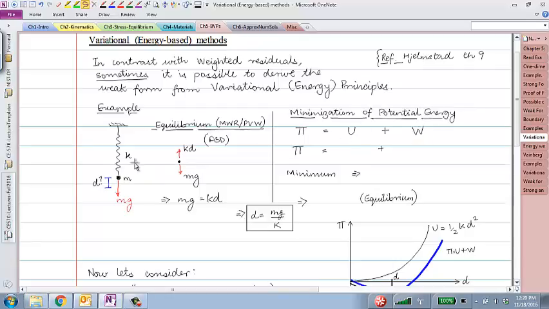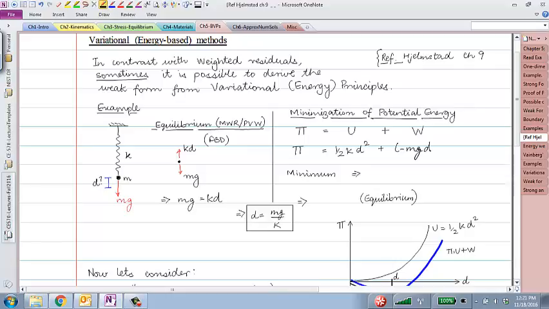So strain energy stored in the spring, if the spring goes through displacement of d, would be what? If I have a spring, if I stretch it by d, what is the strain energy stored in the spring? Half kd squared. So half times k times d squared. And what would be the change in potential energy if the mass drops down by some amount d? If I lower it, the change in energy would be negative, because obviously if I raise it, I increase it. So it would be minus